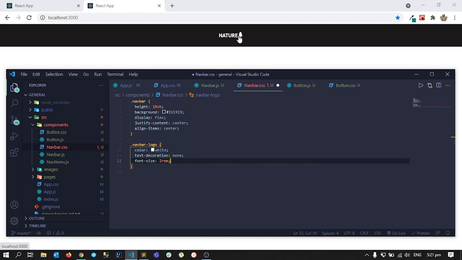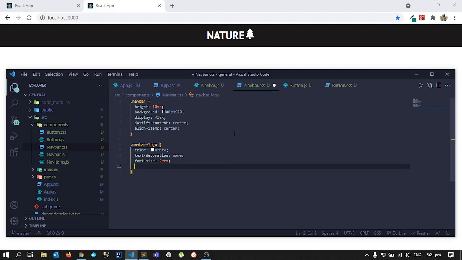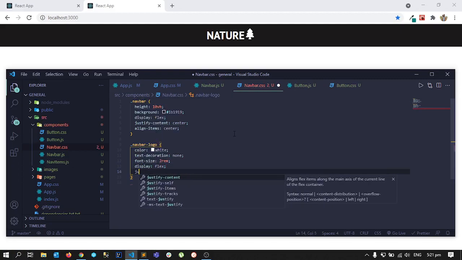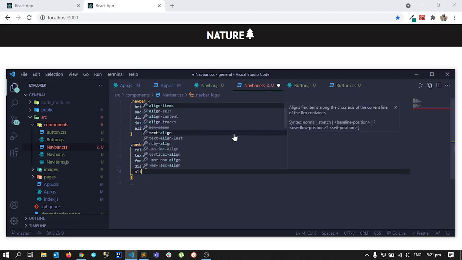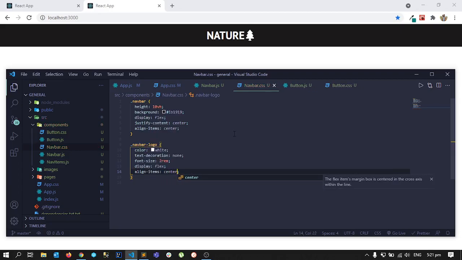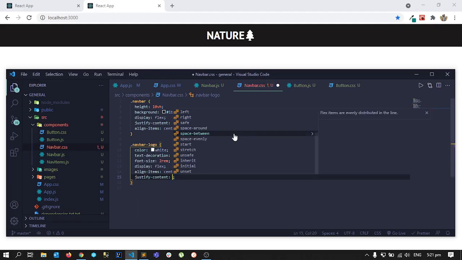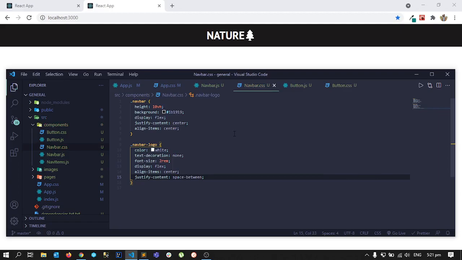You can see 2 rem. So we can see that it is not at the moment aligned at the bottom. I want them to be aligned at the center. So for that we can say display flex, align items center. And just to space them apart, I can say justify content space between